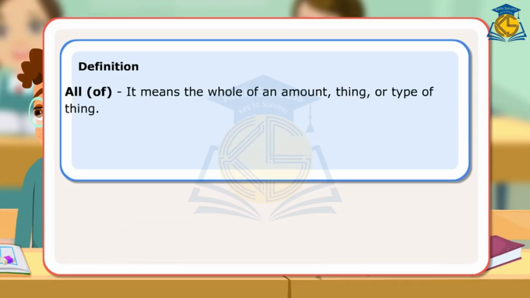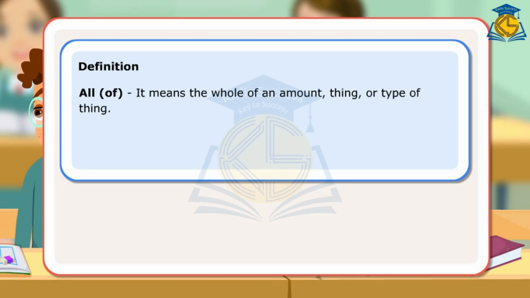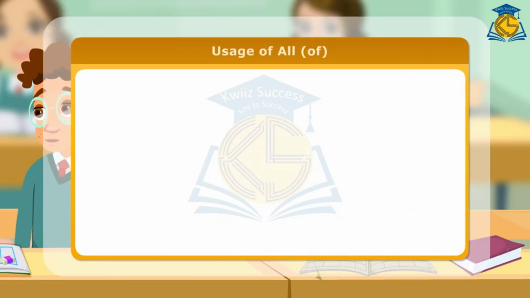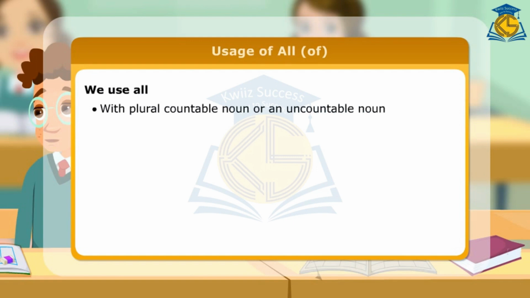Definition. All of. It means the whole of an amount, thing or type of thing. Whole of. It means entire. Both of. It talks about two people or things. Usage of all of. We use all with plural countable noun or an uncountable noun before articles, possessives, demonstratives and